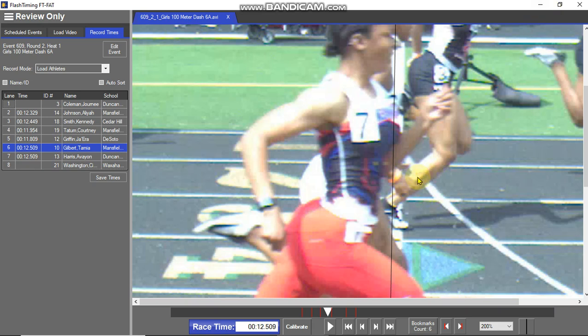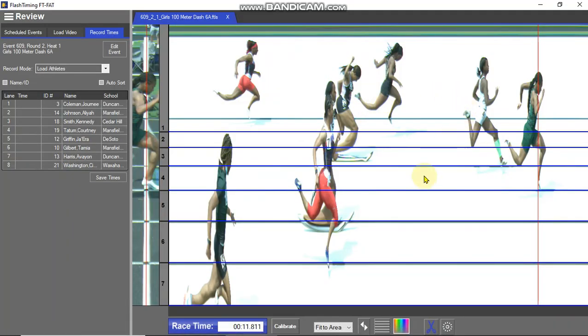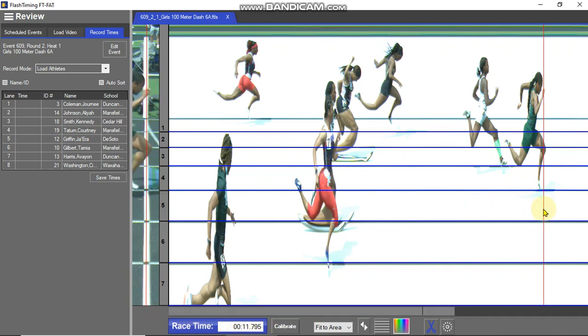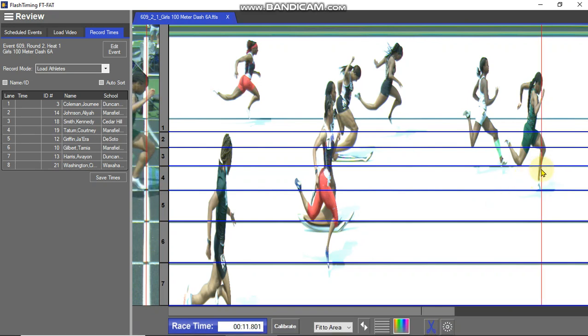Now we'll look at the same race using the LS Plus. It's a little bit different image. Basically, you're getting a still picture that's captured at 1,000 frames a second. So 1,000 images are captured every second. Now with the time, when we move the cursor here, you'll see the clock down here move, and we get every 1,000th of a second. So if we move to lane 5 here,